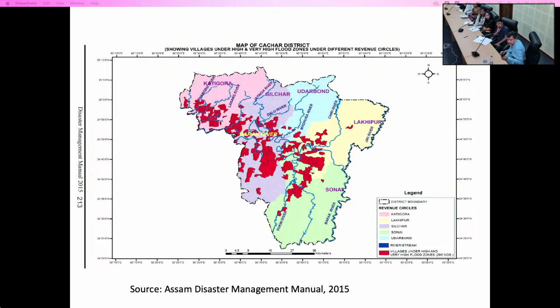So, red means high and very high flood zones. The reason I am showing you this map is for Kachar. During the last flood in the month of June, if you remember,